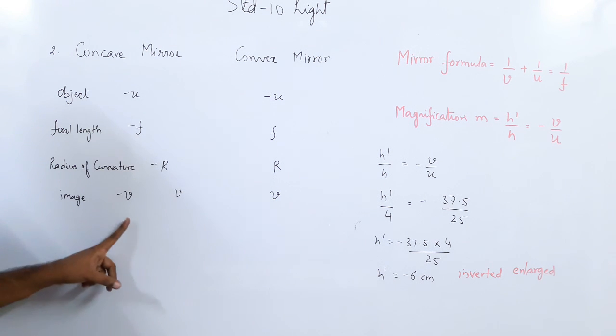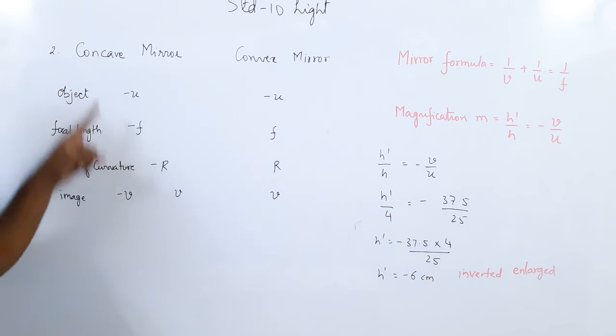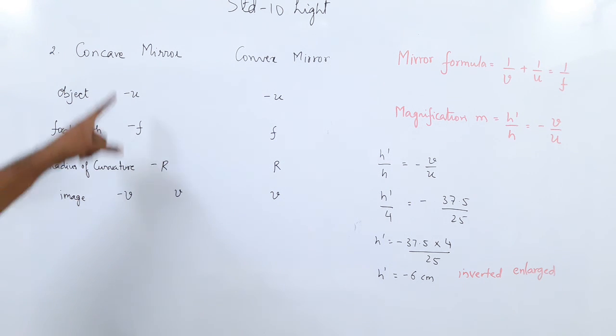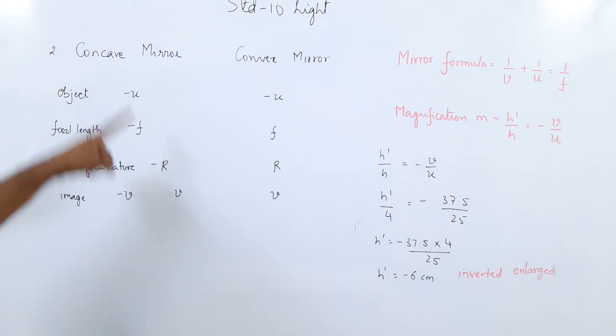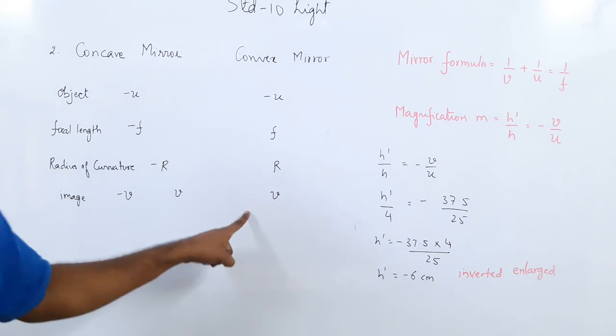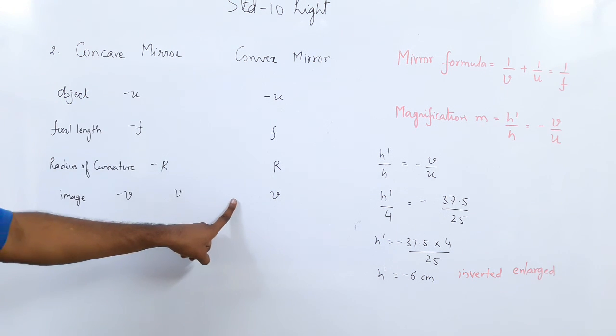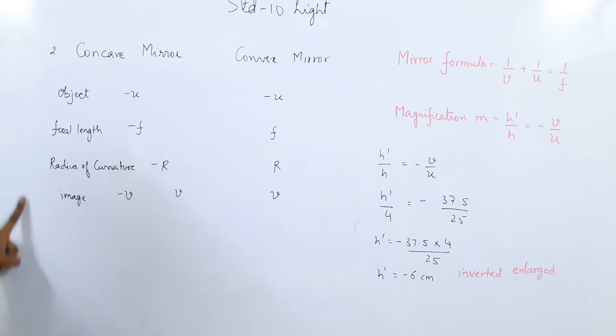Okay? When the image is formed, if it is minus v, for the first 5 cases, it is real and inverted, you will get minus v, a negative value. But in the last case, it's virtual and erect, you get a positive value. For a convex mirror, you will always get a positive value. So in a convex mirror, the image is always virtual, erect and diminished. And here there are 6 different cases which you have seen. So while using the formulae for the numericals, make sure that you know this.